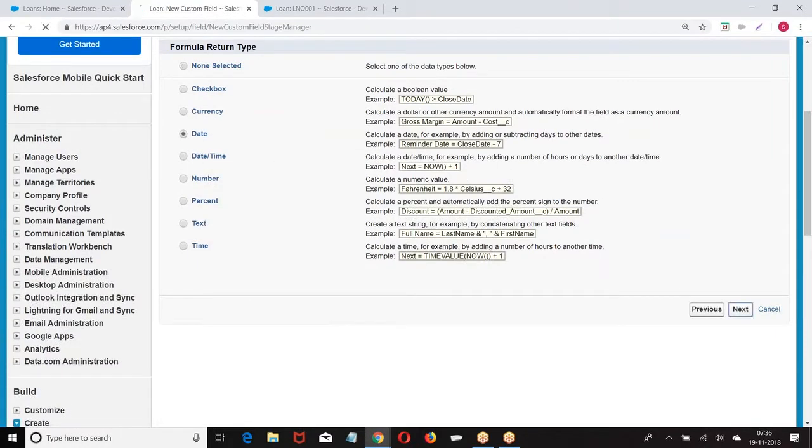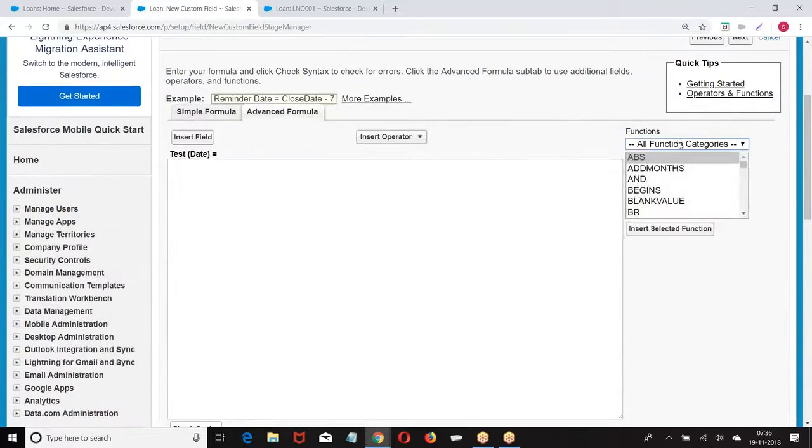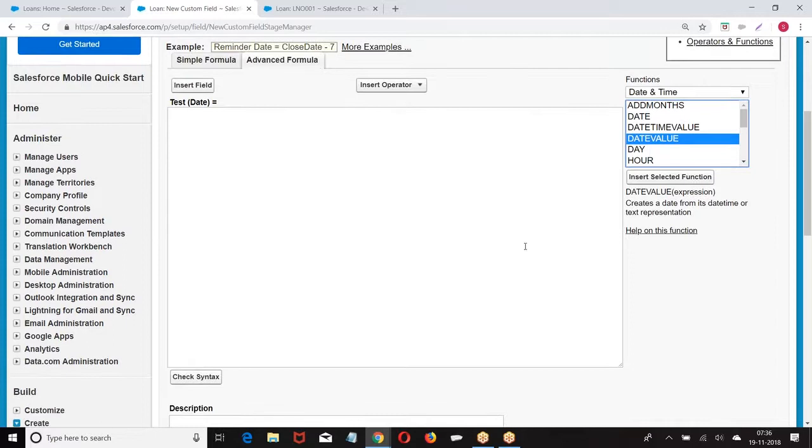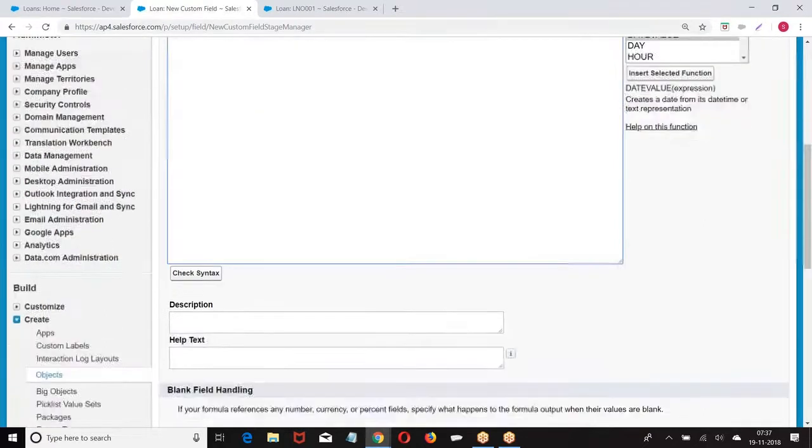Next. Look at the functionality here. We have date value. If we give expression, date value, date time value, date value, date time value. Now here I'm going to give date value of, I gave an expression format.